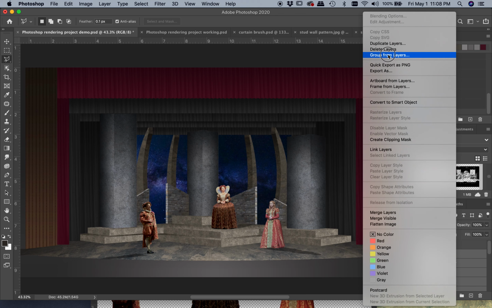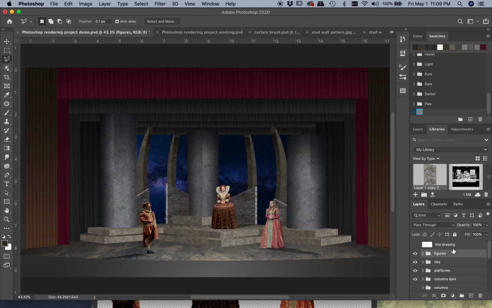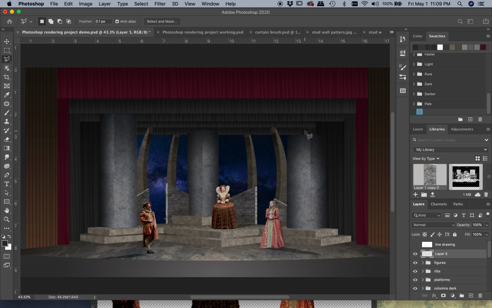So I'm going to go ahead and group these together, call them the figures, and I'm going to create a new layer. And we'll call this Light Beam 1. Alright, so with this, I'm just going to use my polygonal lasso tool, and I'm going to create, you know, the sort of the shape of a light. And we're going to make it sort of look like it's coming from a light that is out of view up here and